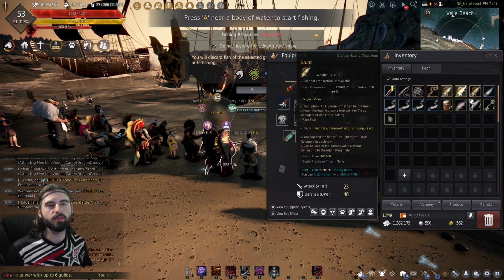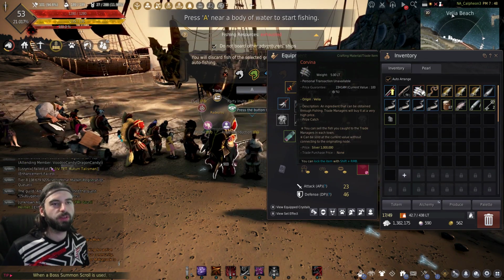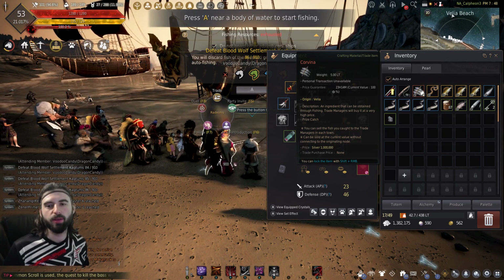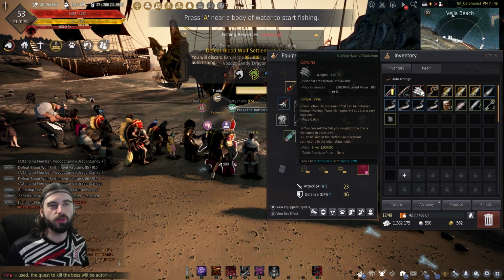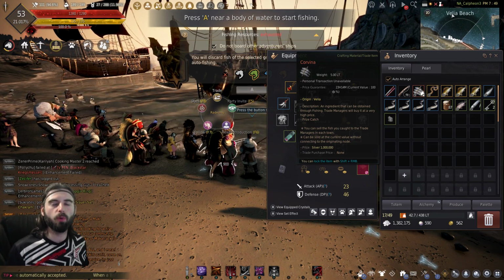of every rarity that's available. So we got green, blue, gold, and red. Each fish has a value, so for example, this Corvina has a 1 million silver value if I was to go and sell it to a trade market person, which is pretty cool. However, we can actually get more money for some of these fish before we just go ahead and vend them